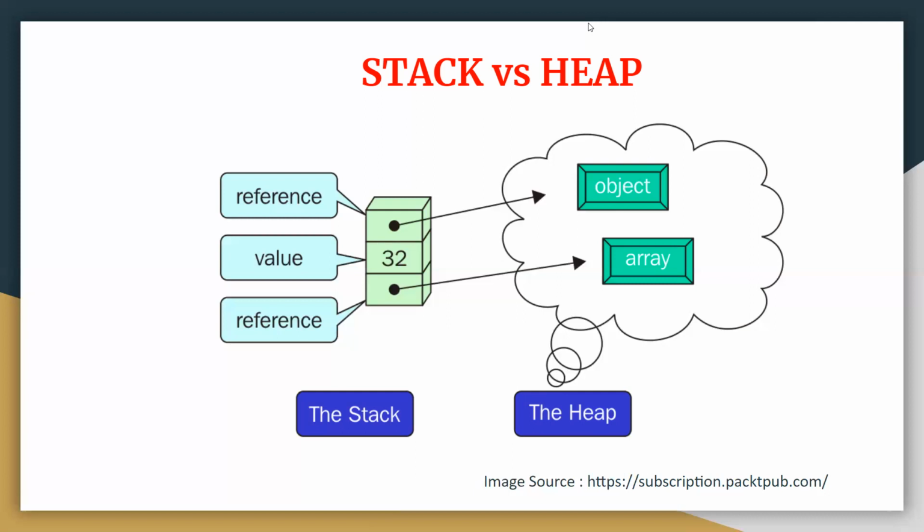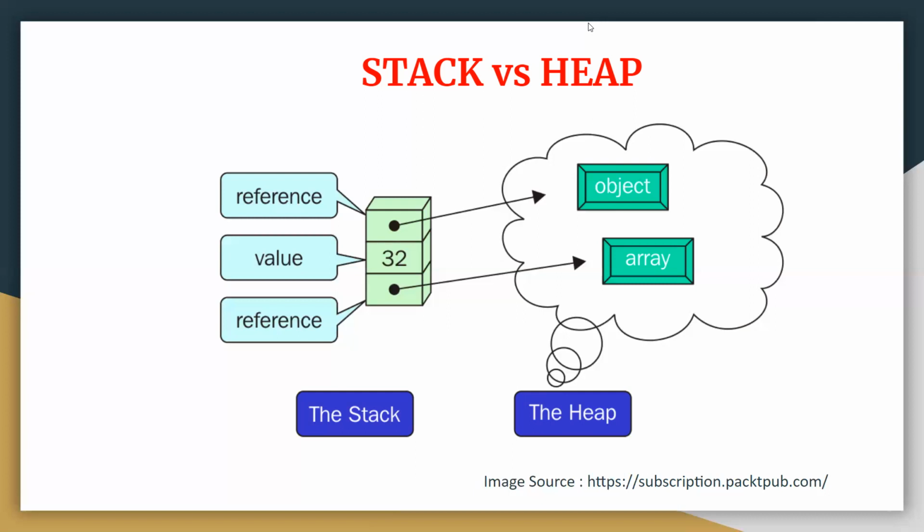So let us begin the difference between stack and heap. The very first point is storage. Stack is a linear structure in memory where the information is stored sequentially, as stacks. Heap is a region of memory used for dynamic allocation where the data is stored randomly. So in stack, the data is stored sequentially in a linear structure, whereas in heap the data storage is dynamic in nature and is stored randomly.